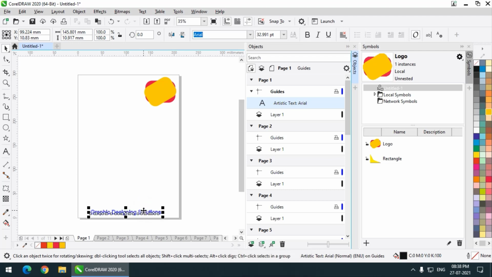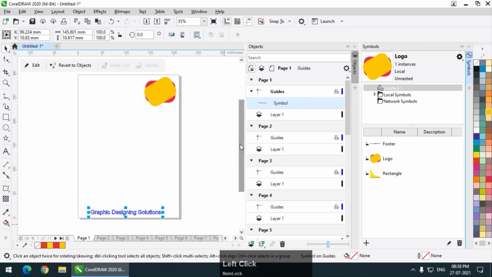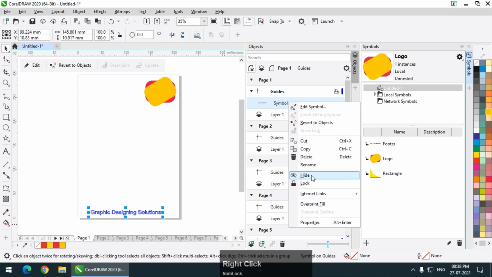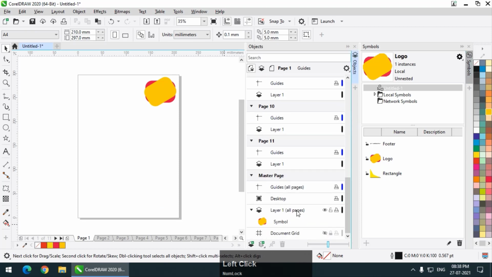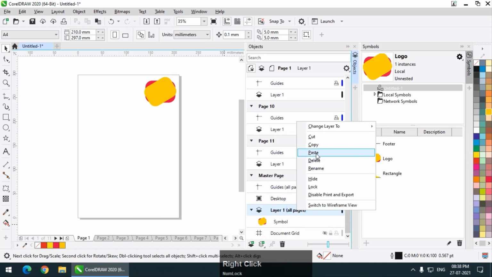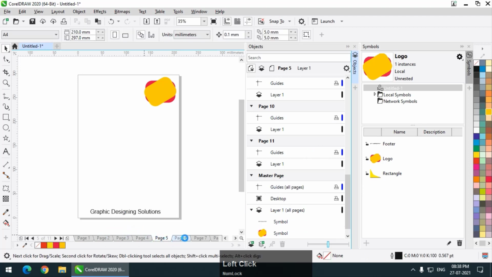I will name it footer. Now this is a symbol, and I can paste it directly on the master layer. So it will be displayed on all the pages, as you can see.